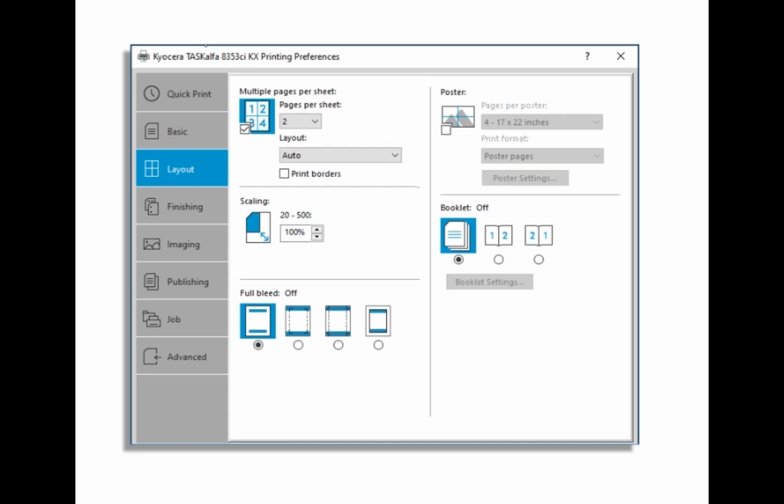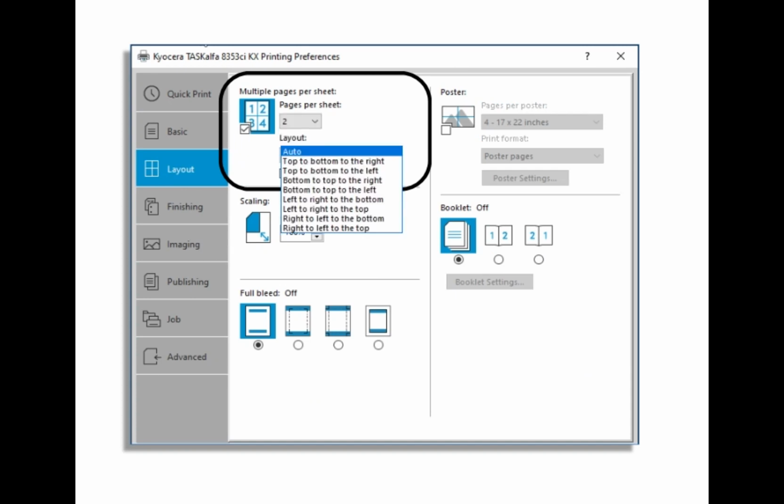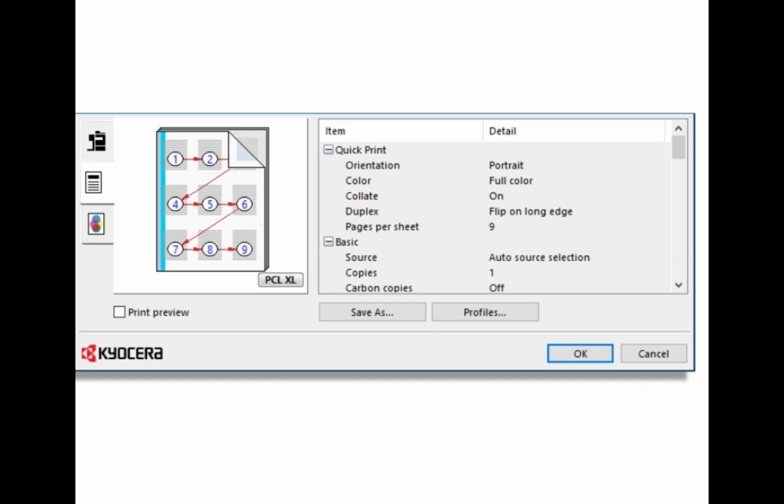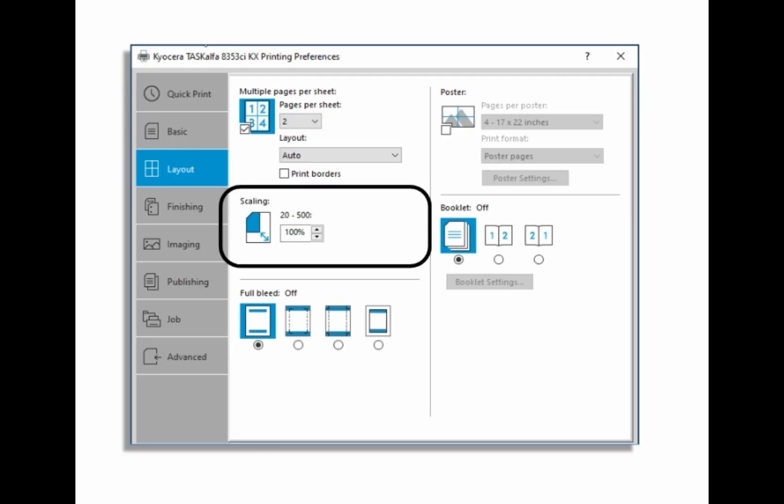With the Layout tab, you can arrange document data on printed pages without affecting the original document. The multiple pages per sheet option prints several pages onto a single sheet of paper. Up to 25 pages can be printed onto a single piece of paper. The order the pages are arranged is shown in this drop-down. When a layout is selected, the bottom panel of the driver illustrates the order of the pages on the printout selected. The output can be scaled to any size as small as 1/5 the original size or up to 5